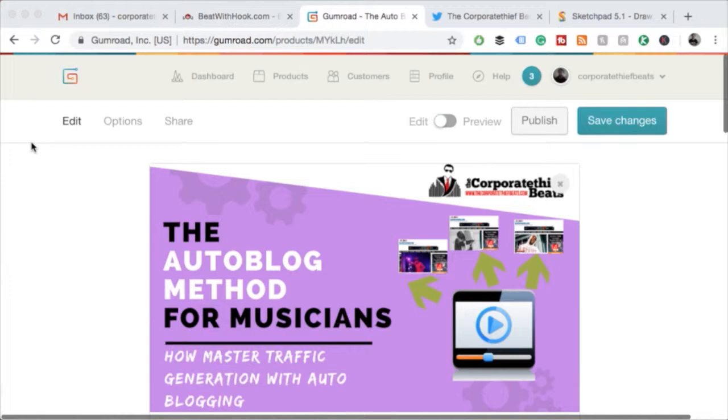Now, this is a simple traffic strategy for beginning musicians to generate traffic using auto-blogging methods. Now, if you've taken the Twitter Music Marketing Machines 2.0 course, that's great. There's a ton of great information in there on how we created syndication networks and how we created auto microblogs using Twitter, tools like Sniply and IFTTT, and we kind of just duplicated that for every other single